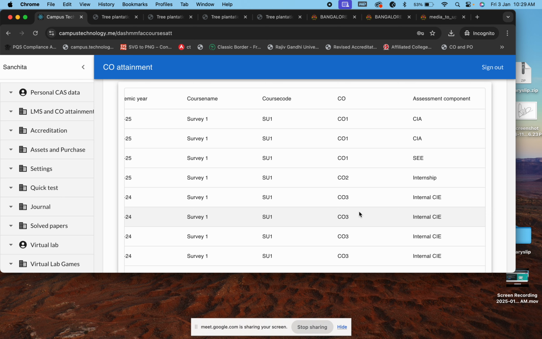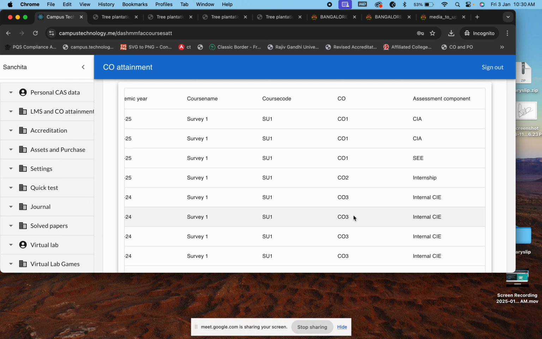So now, how do you do this CO1, CO2? Because your paper was already set and your internal assessment is corrected already. Now, what you can do, you take your question paper. Let's say your question paper has 10 questions. Out of these 10 questions, approximately maybe 2 questions are mapping to CO1, maybe 3 questions are mapping to CO2, and like CO3, CO4, like that. Approximately out of 10, you need to see how many are mapping to what, and then consider those as CO1, CO2, CO3.